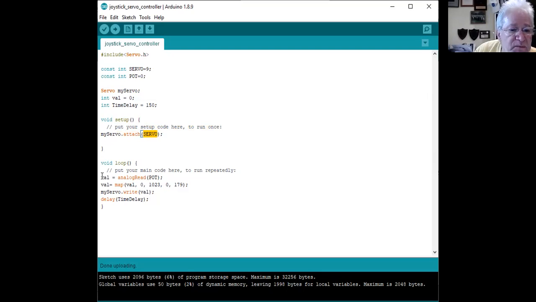So repetitively, what are we going to be doing? We're going to be doing the analog read off of the A0 pin. That's what pot is pointing to, 0, which is really A0. And the value that we're reading in from the analog read function is going to be assigned to a variable called val. Then we're going to use another function, a math function called map, and it takes 4 positional arguments. The first positional argument is the value that we're reading in from the analog pin, which was pin A0. So we have a value that's returned from that analog read function, and it's the first of 4 variables in